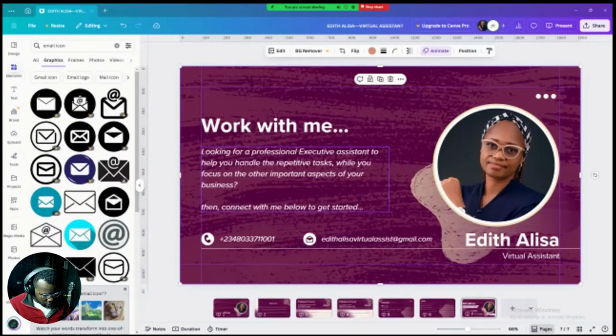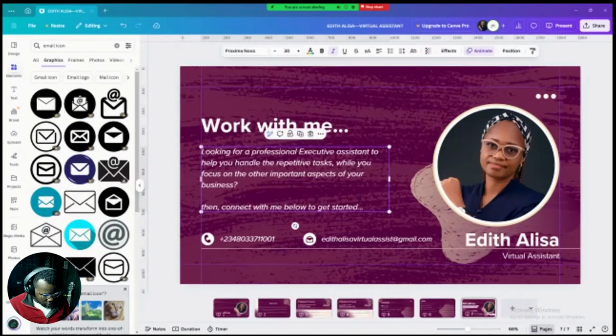Okay, so looking for a professional executive assistant. Let me make the executive assistant bold. So looking for a professional executive assistant to help you handle the repetitive tasks while you focus on other important aspects of your business, then connect with me below to get started. So this is what